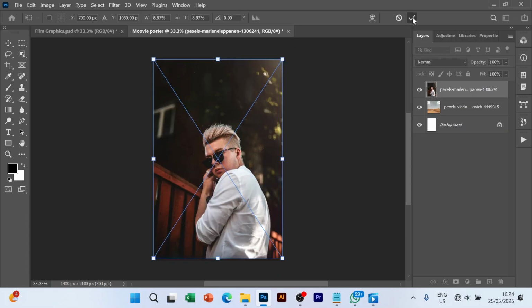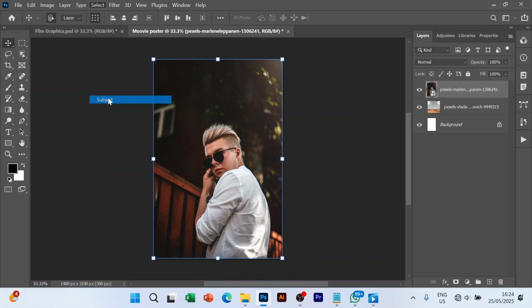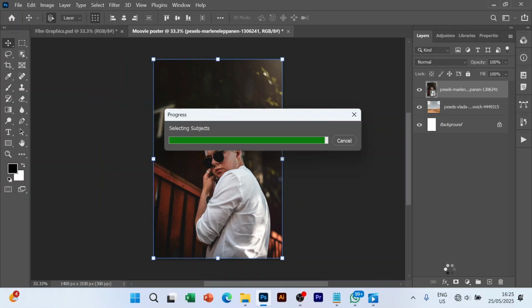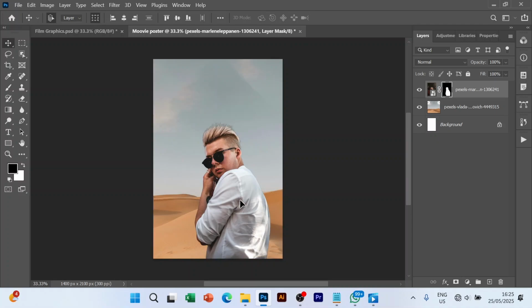Click mark, then I will go to select subject. Alright, then we click on mask, fine. Then I'm going to scale it,